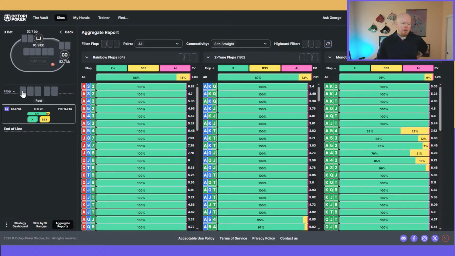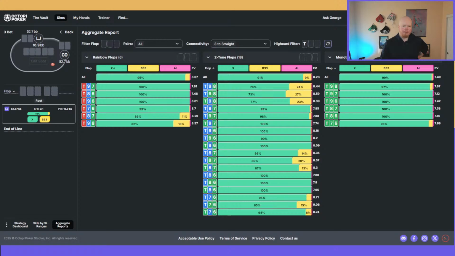So we're going to focus in on some of those dynamic textures, like I mentioned, except we're going to mostly prioritize the board textures that are not necessarily the low card donk bet boards here. So we're going to go to the high card filter, and we're going to start with 10 high, right? There's not a lot of donk betting on 10 high coming in here. These are going to be examples of boards that people, I think, are naturally pretty predisposed to feeling really uncomfortable about